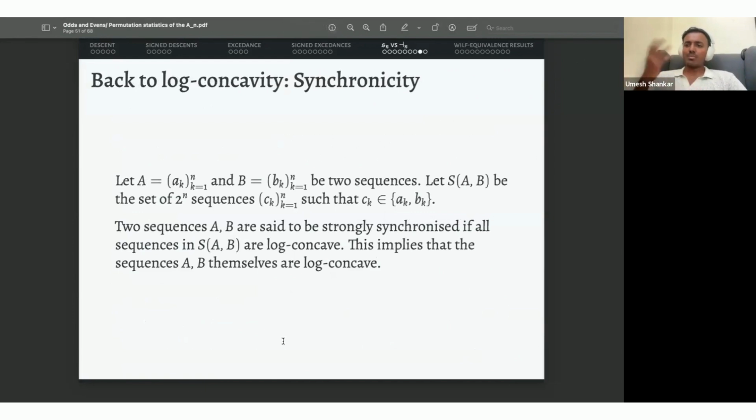While trying to prove this, we ended up proving something stronger. Let A and B be two sequences. Then let S of A comma B be the set of 2 power n sequences that are formed where each ck is one among ak, bk. For example,